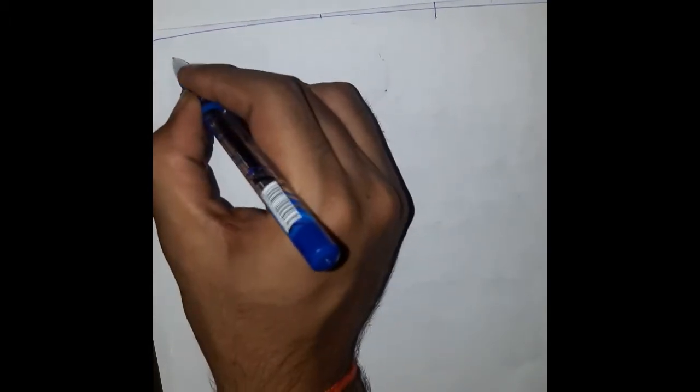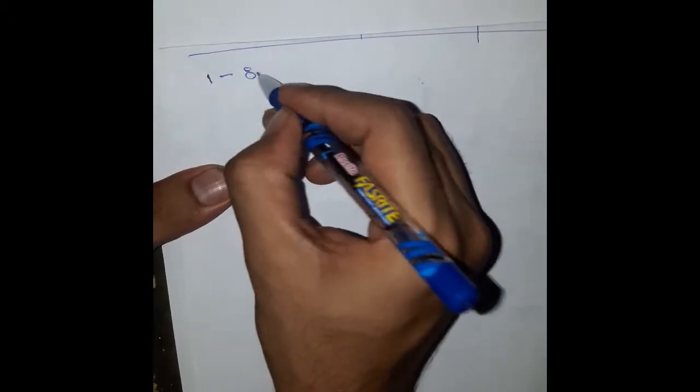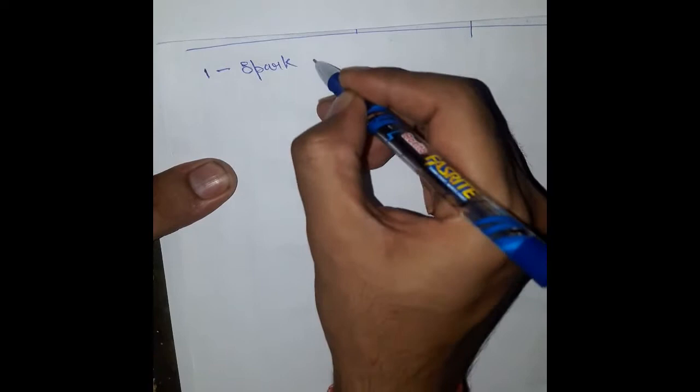So, having talked about the basic geometry of the four-stroke cylinder IC engine and the basic components that are included in it, now we will deal with individual components in somewhat detail that is required for our basic understanding. So, firstly, we are going to study about the spark plug. The first topic that we are going to study is spark plug.